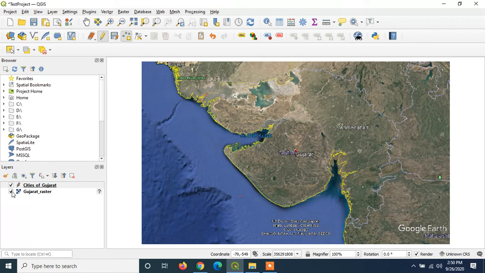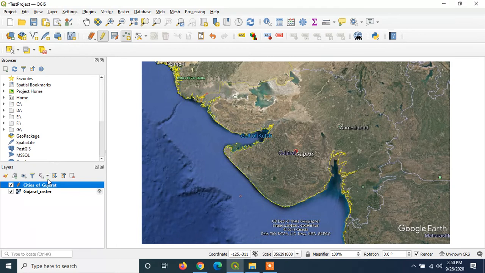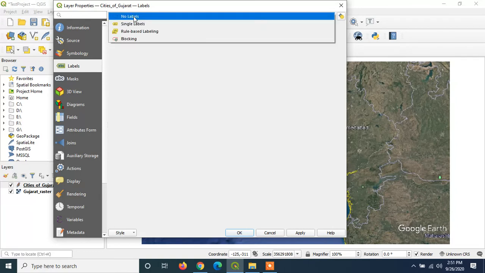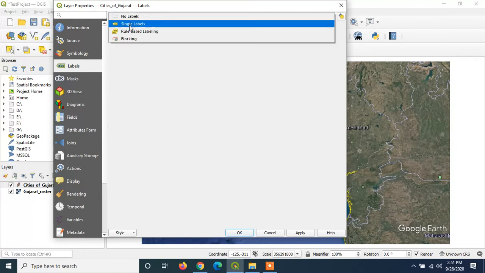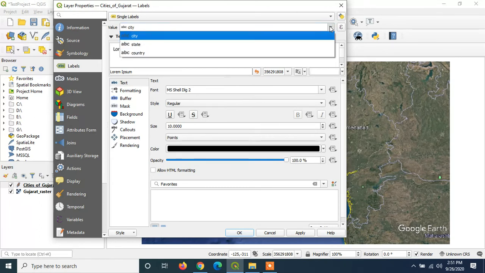Now if you want to display names of the places on these points, then select this layer, right click, click on properties, click on labels. There are no labels right now. I want to display label, so I am selecting single label, and the field which you want to display on the data point. So I want to display name of the city because state and country will remain the same.